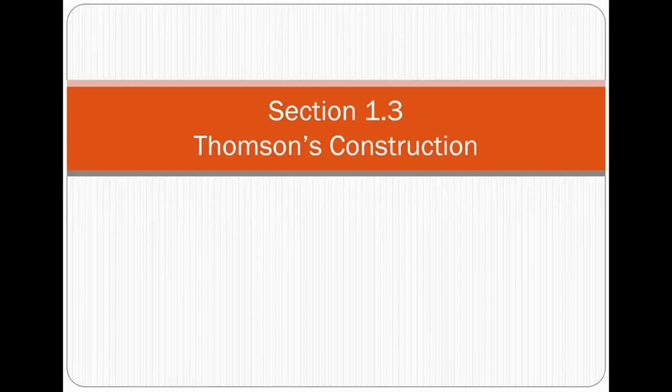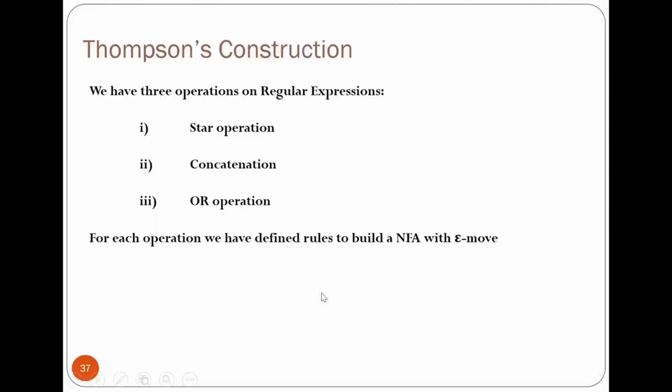So you have covered this topic in theory of computations also. I'll be going through this entire thing once again. To start with, there are three basic operations on regular expressions which are performed in Thompson's construction. First is star operation, second is concatenation, and third is OR operation. For each operation, we need to build an NFA with epsilon using specific rules which are compulsory for Thompson's